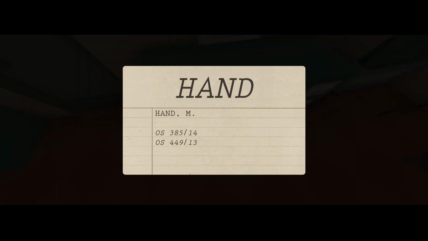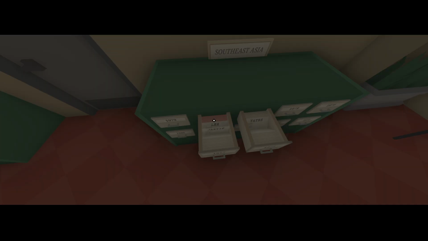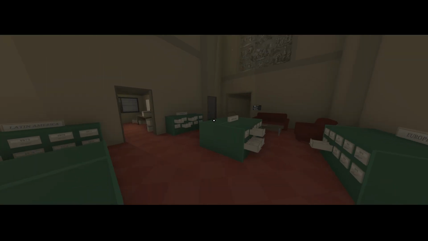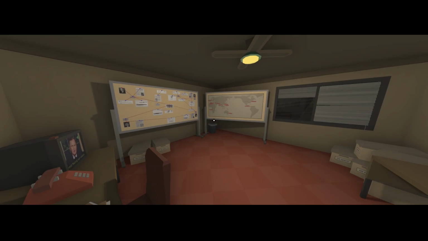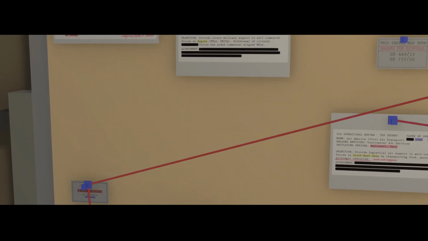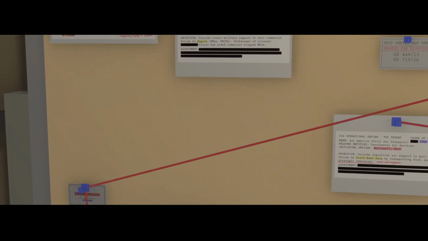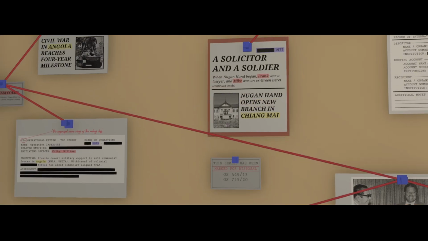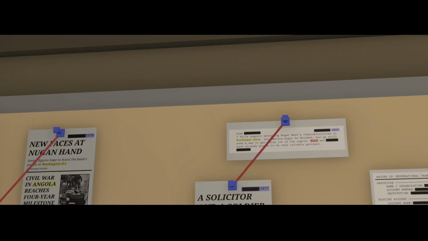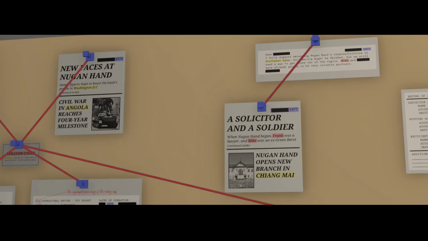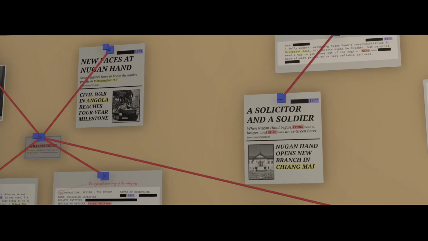Do we get this for 449.13? 384 we did. Walker. Okay. Paul Helliwell. Southeast Asia 1977 is talking about Mike, but who's Mike?